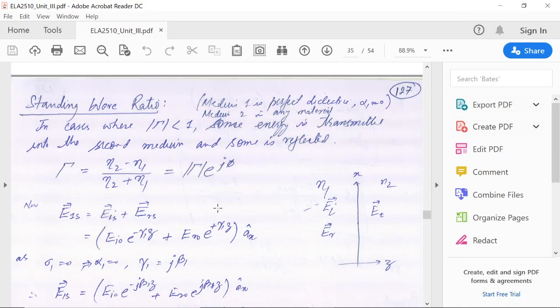In this lecture, we will study the standing wave ratios. I introduced the standing waves in the last lecture for the special cases where we were discussing reflection and refraction. The special case was taken to be that medium one was a perfect dielectric and medium two was a perfect conductor. In that case, we analyzed what standing waves are, and what the reflection coefficient is, and for different reflection coefficients, what the standing wave is.